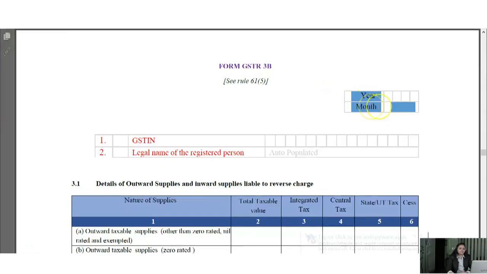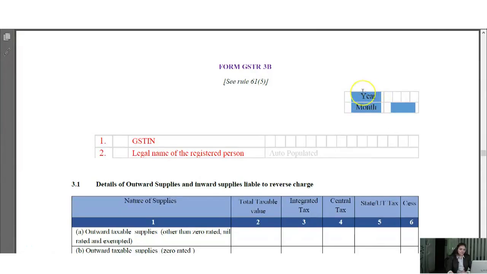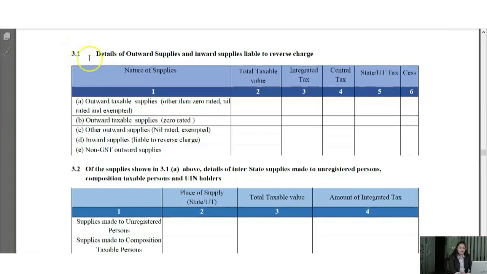Firstly, you have to select the month as July for filing the return for the month of July and the year as 2017. Next, in point number 1, you have to write your GSTN number. As soon as you write your GSTN number, your legal name will be automatically populated. Then, in point number 3.1, the user has to provide the details of outward supplies and inward supplies liable to